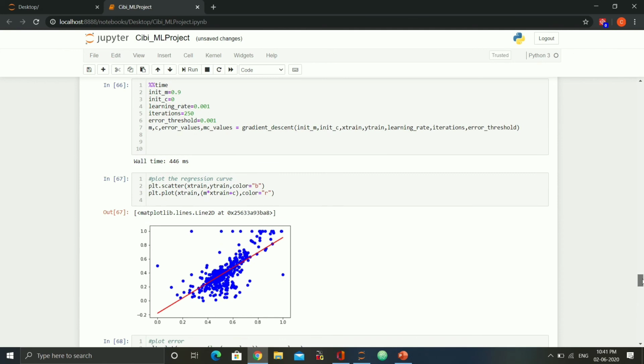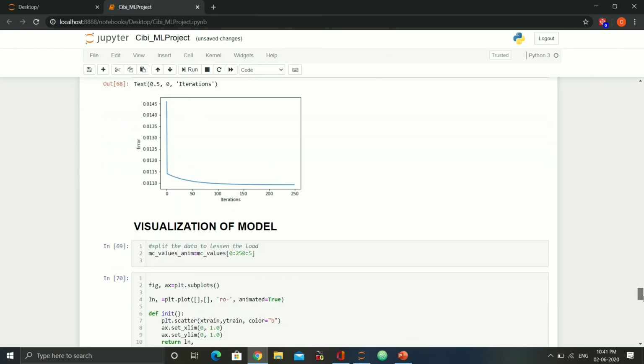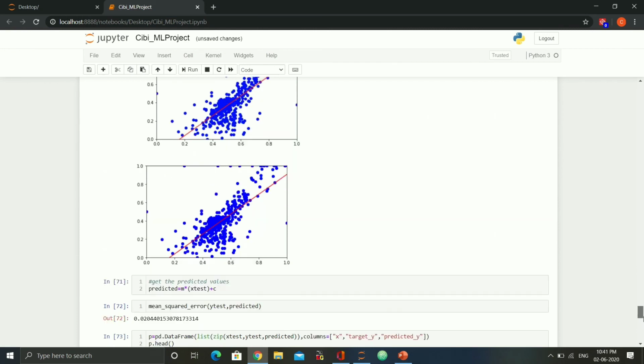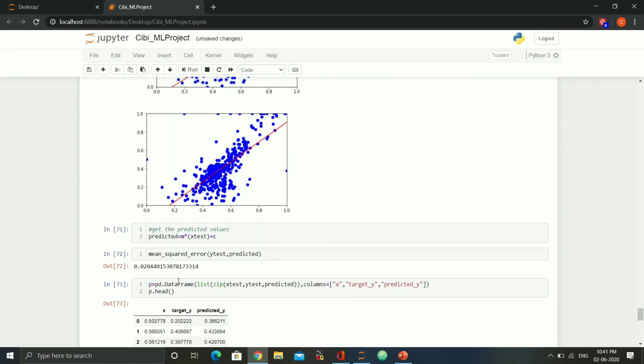You can clearly see that the slope of this line is positive because we had positive data. And the error is 0.02.